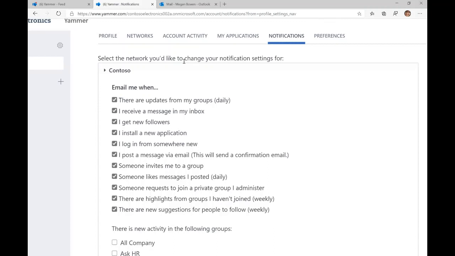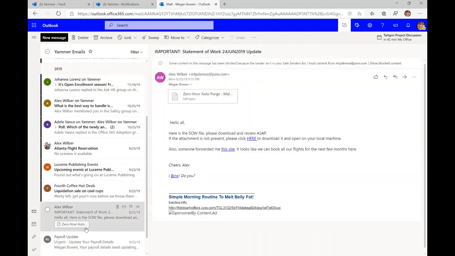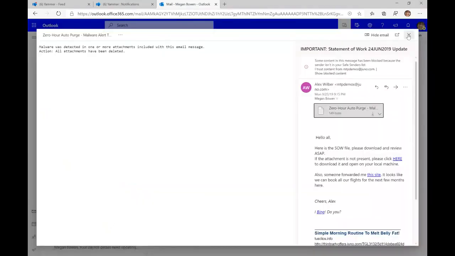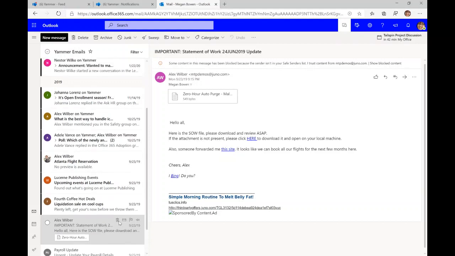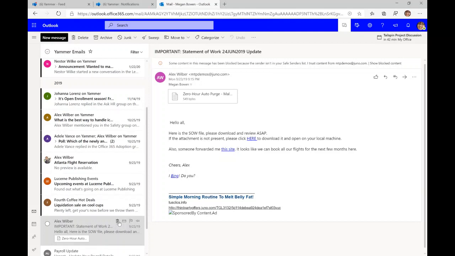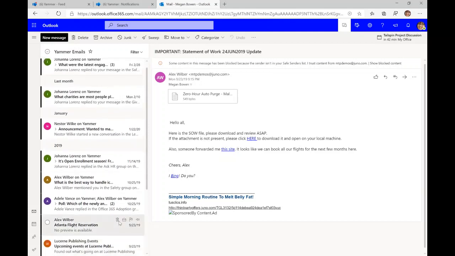Once you have this switched on, what you will see while in your email triage workflow is the new Yammer. One thing to note here is that if you do not have the new Yammer enabled in your company, in your network yet, with this particular integration, if you have Outlook, you'd be able to feel what the new Yammer looks like because we're bringing the new Yammer onto Outlook on the web. So I'm going to go back to that specific announcement that we were seeing by Nestor.